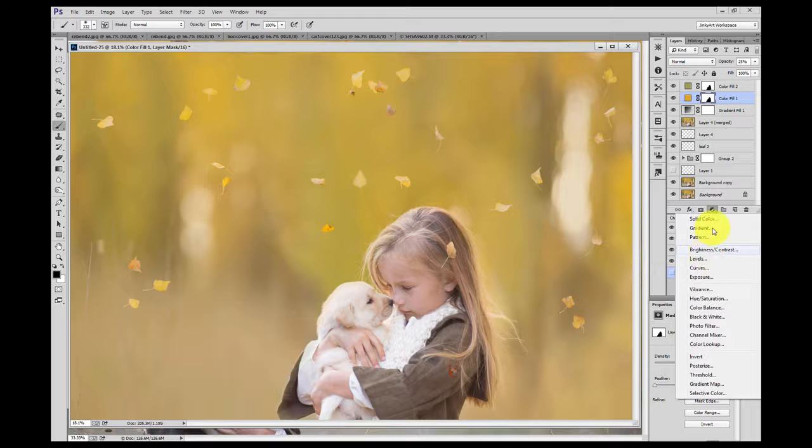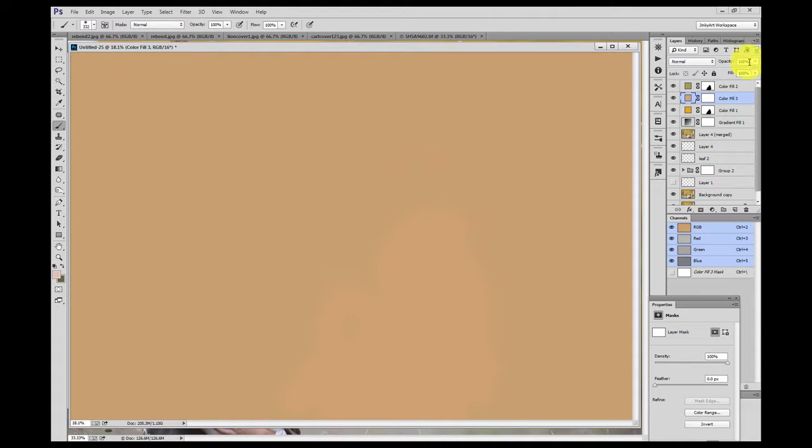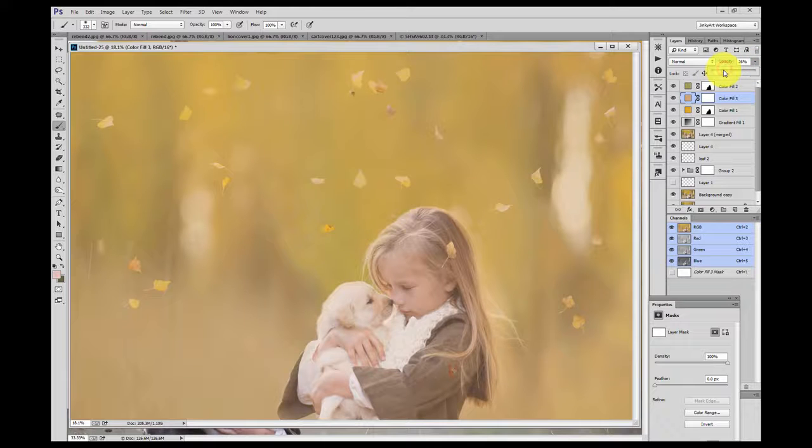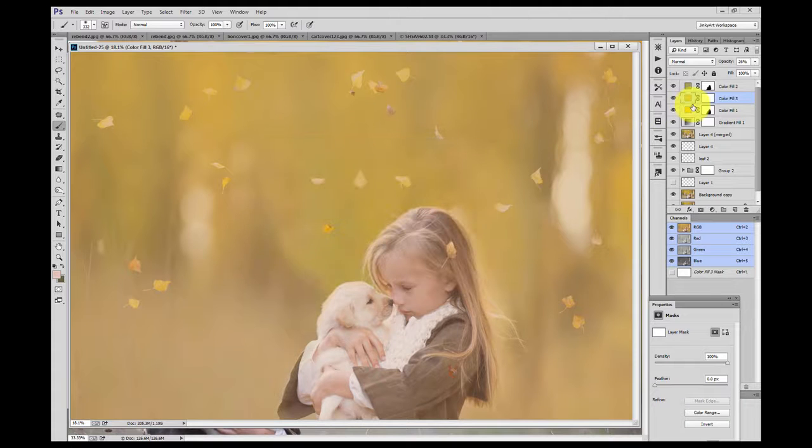Okay, I might just add in another orange and work on that for down the bottom. Solid color, add a little bit of an orange. And actually I'll make that more of a yellow orange, I think. Okay, there we go. And again, erase off